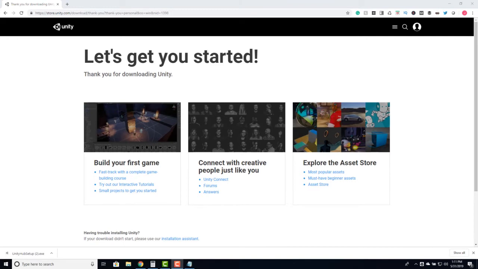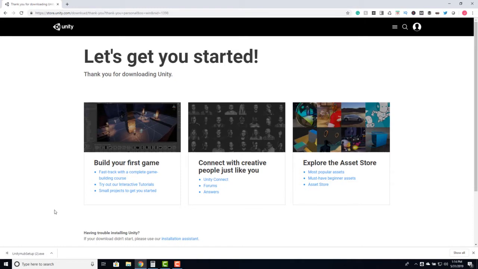Unity Hub is a great tool that lets you manage your Unity versions. You can have multiple versions of Unity installed, and Unity Hub will manage your respective projects within each version. When we get to the installation, I'll walk you through it. Now that we have the installer downloaded, go ahead and just open up the Unity Hub. The installation process is very similar for both Mac and Linux, so you should be able to follow along without